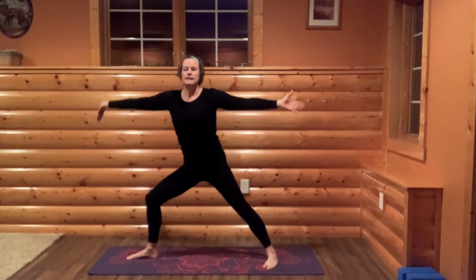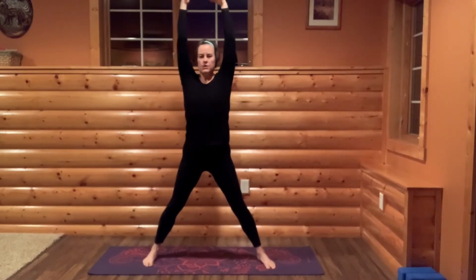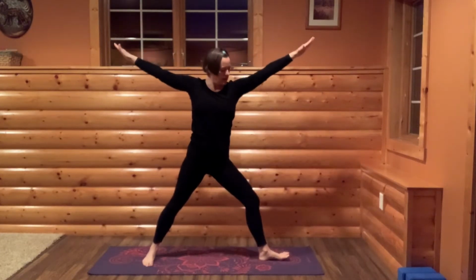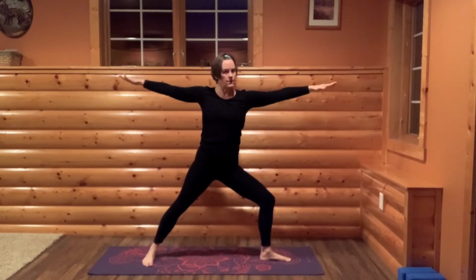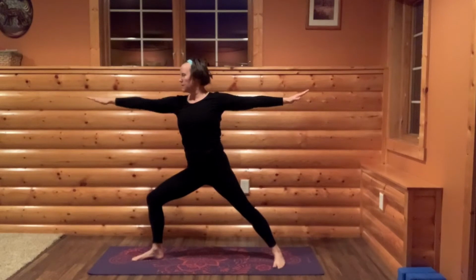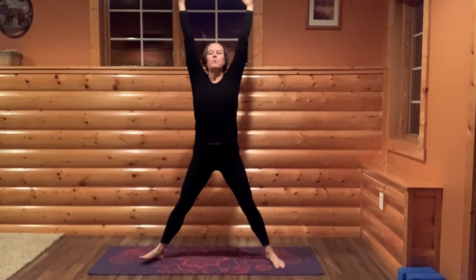So we're going to take a deep breath in, pivot your toes so that they're at the front of the room. Now pivot your left toes in the opposite direction. So you'll be bending your left leg this time, now gazing out over your left fingertips. So let's do that one more time. So taking a breath in and then pivoting to the opposite direction, warrior 2. Let's do that one more time. Breath in